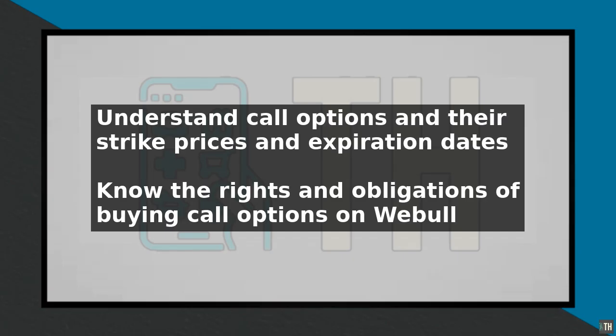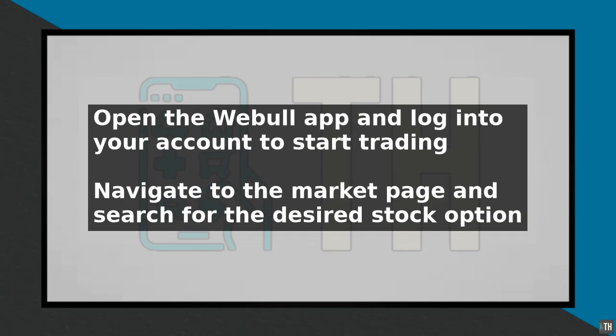This will take you to the trade page where you will see the option to buy or sell options. Click on the buy option and then select the call option. You will be presented with a list of available call options with different strike prices and expiration dates. Choose the call option you want to buy by selecting the strike price and expiration date that best fits your